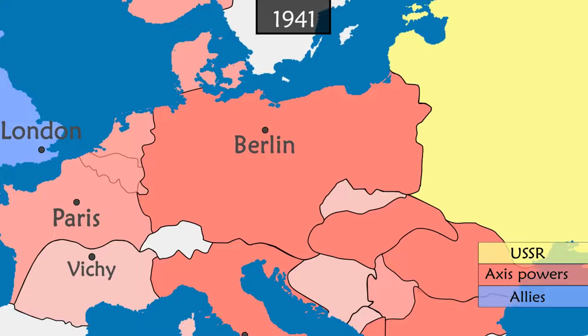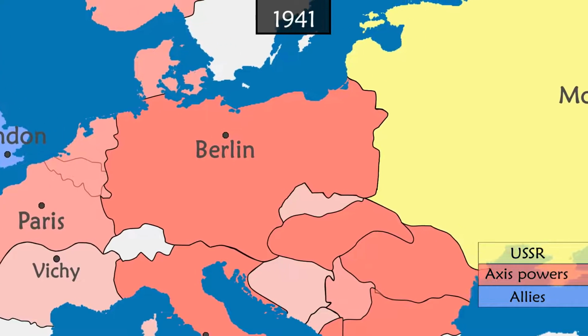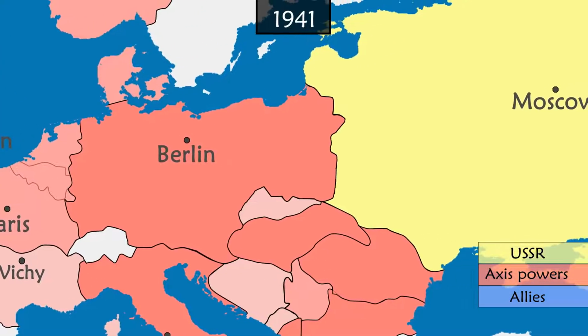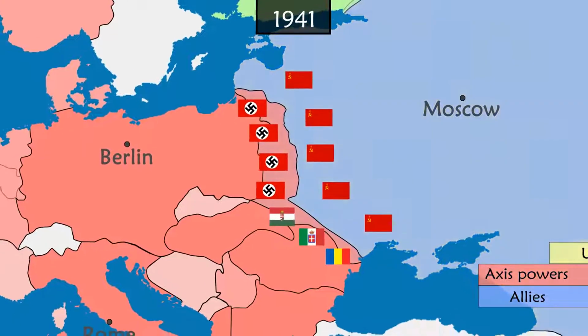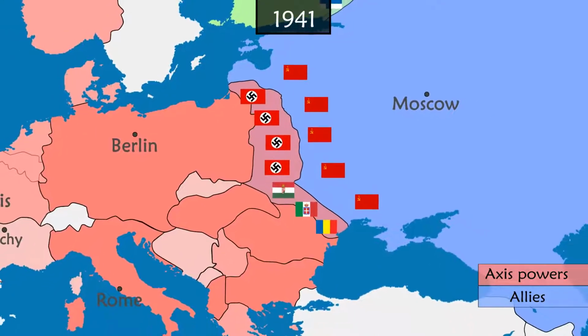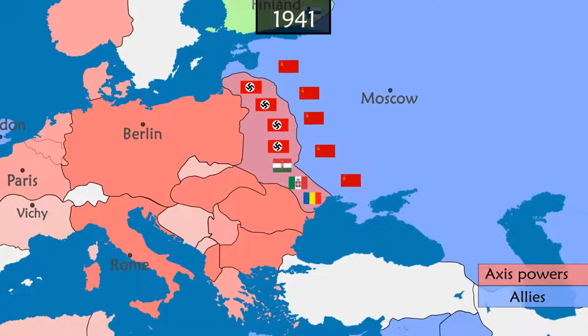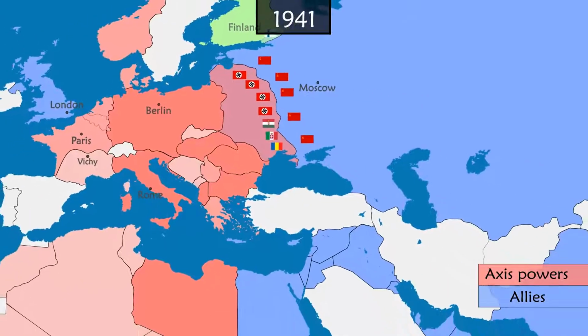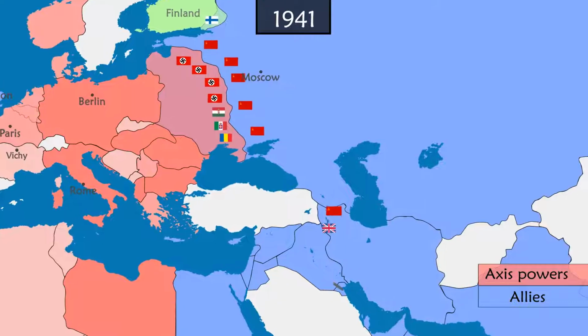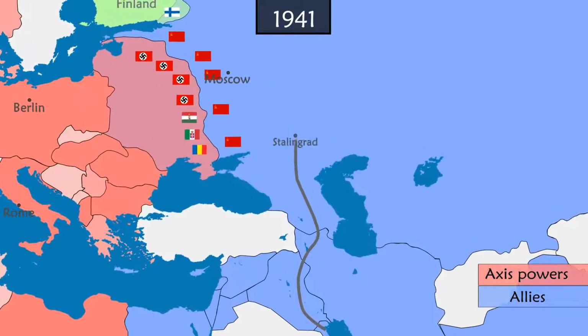On June 22, Axis forces launched, on some counts, the largest military operation in history to attack the USSR, which now passes de facto into the camp of Allied forces. The bulk of the German troops, well equipped and motorized, rush to the east. To support the Soviets, Allies occupy Iran, which then opens a supply route through the Caucasus.